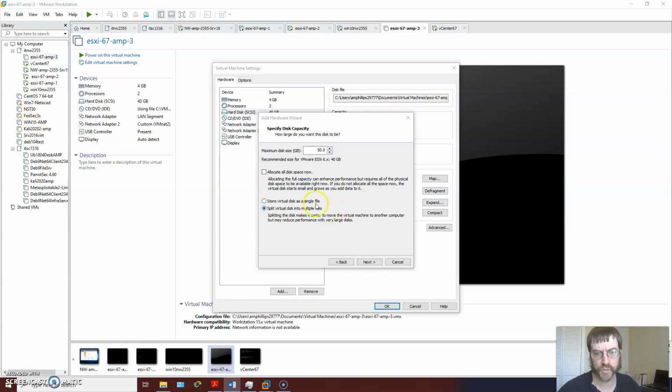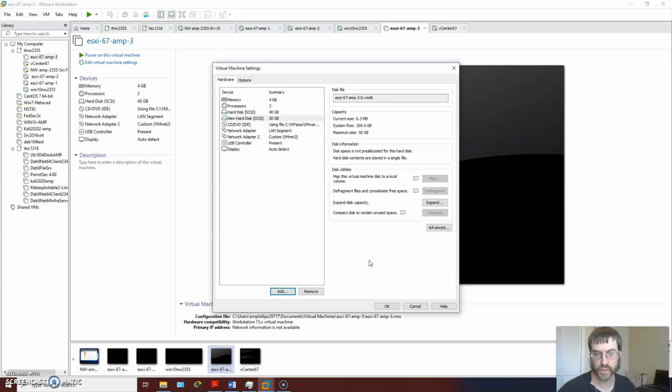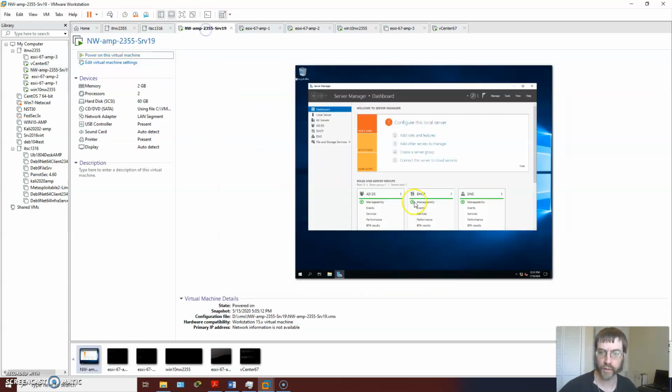Yeah, and I'm going to store it as a single disk. That will probably make it a bit easier to clone later. Yes. Finish. Okay. So now, while that's waiting, now that I've been waiting strategically,